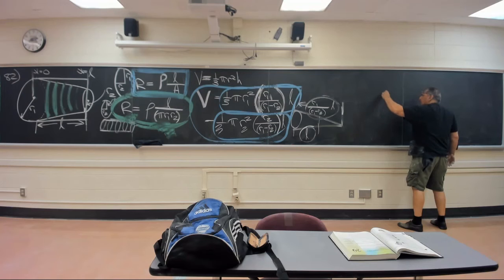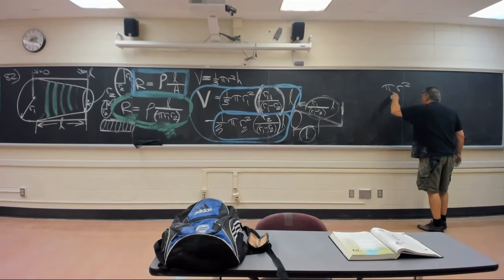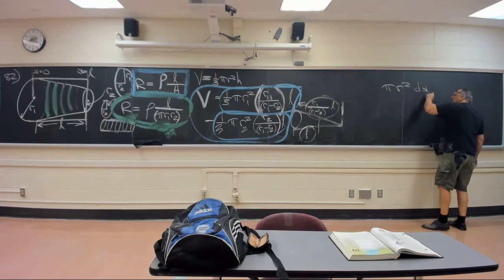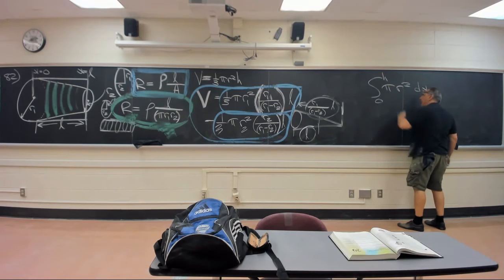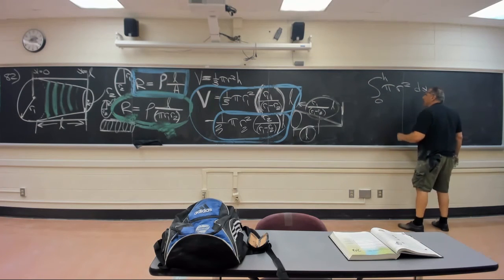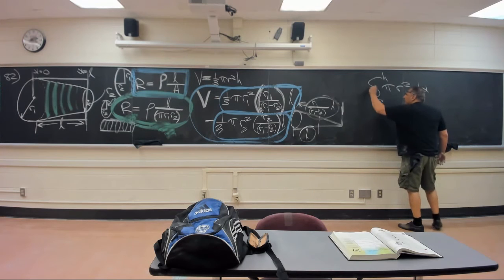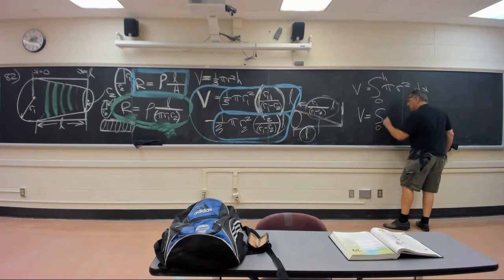Let's deal with it. Let's say it's pi r squared dx. Every cross-sectional area of the cone is pi r squared times dx. You're going to integrate it from a run of 0 to h. Wait a minute, is there a way out of this thing? Yeah, there is. The volume of the cone is going to be the integral from 0 to h